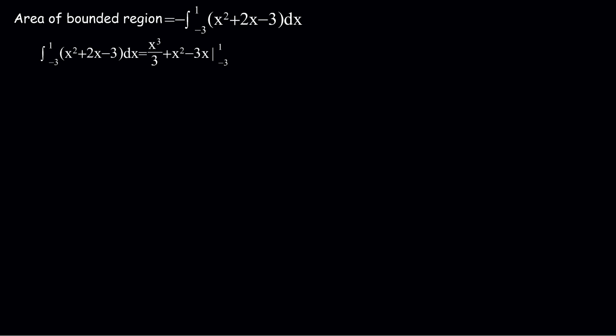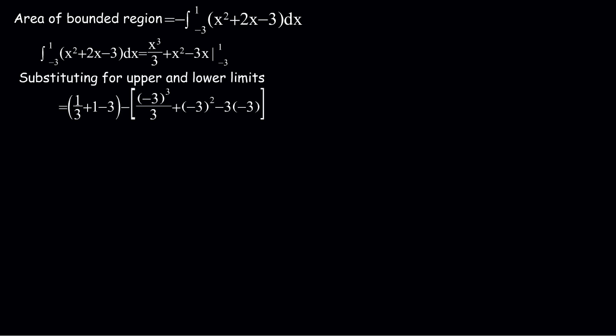s cubed divided by 3 + s squared - 3s, our upper limit being 1 and our lower limit being -3. Now, substituting for upper and lower limit, it will be equal to, in bracket, 1/3 + 1 - 3, minus, in bracket, (-3) cubed divided by 3 + (-3) squared - 3(-3), and simplifying our bracket,